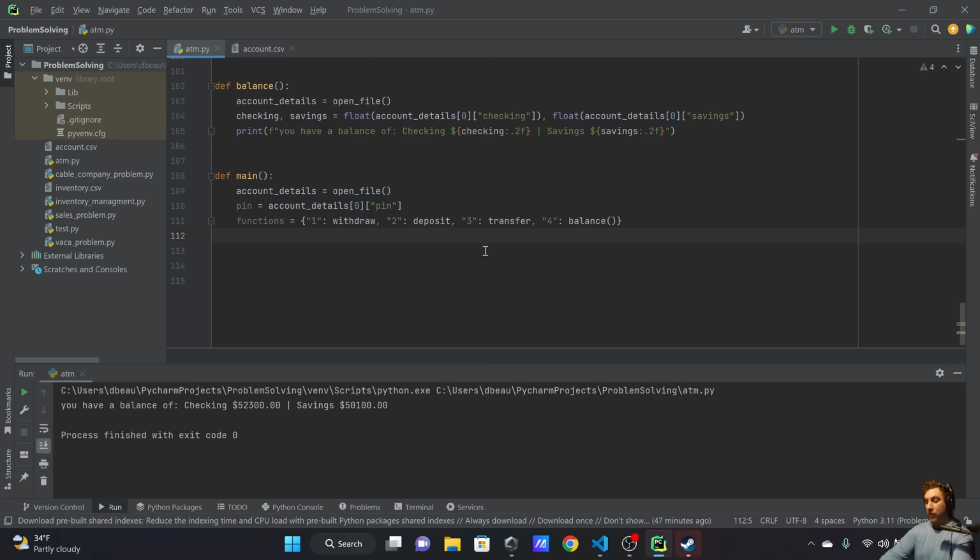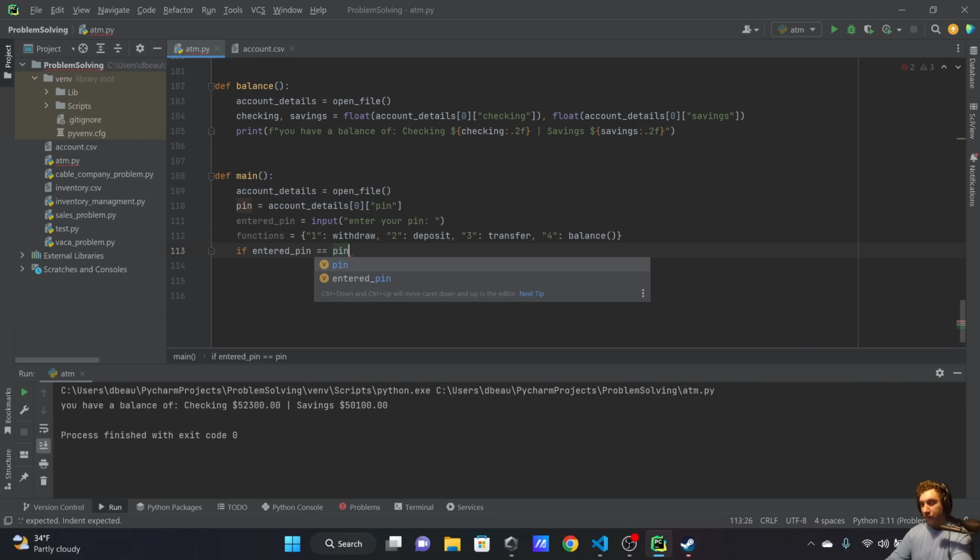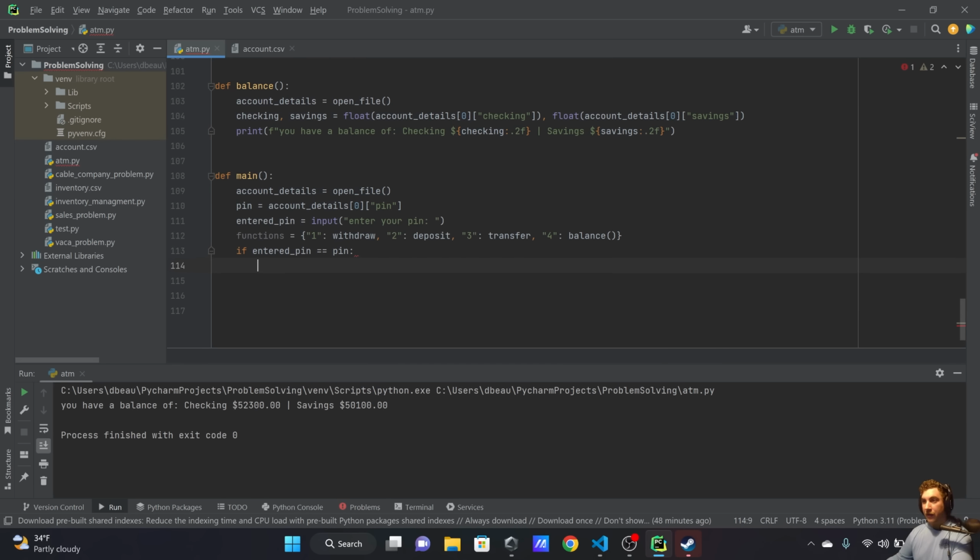We can ask them. We'll make sure their pin is right. So if pin, we'll ask them to enter their pin. So we'll say entered pin equals input. We'll say enter. Enter your pin. And then we'll say if entered pin equals pin. Okay? That means they have the right pin, and that means we can start asking them what they want to